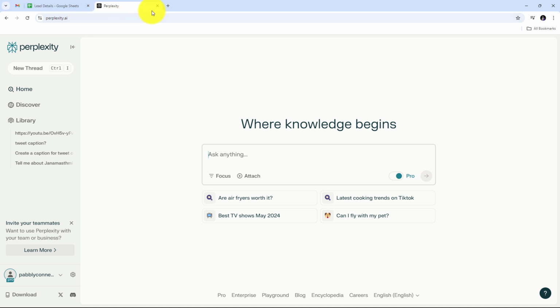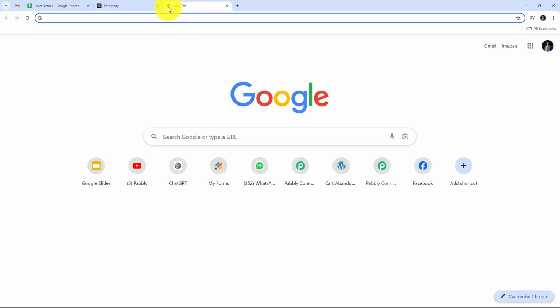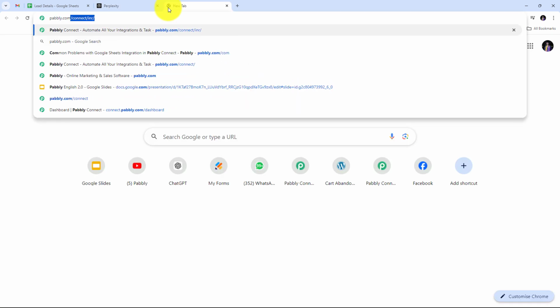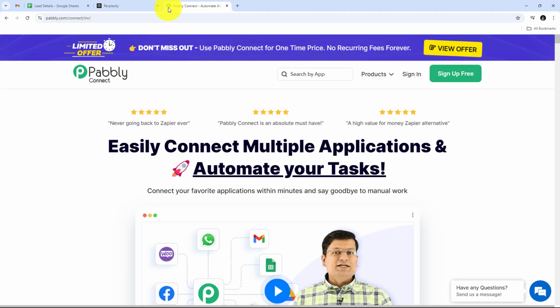For using Pabbly Connect, I need to open a new tab and search for pabbly.com/connect in my browser, and this will take us to the landing page of Pabbly Connect. Here on the landing page, I have these two options of sign in and sign up for free. If we don't have an account with Pabbly Connect, we can just click on the sign up for free button, and this will take only 2 minutes of our time, and we will get 100 tasks free every month. Or if we already have an account, we can just sign in